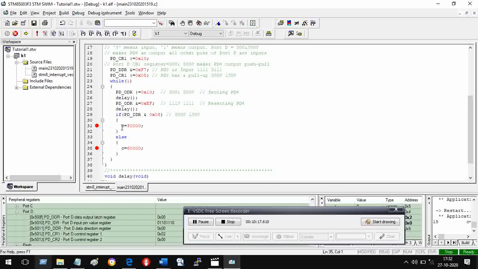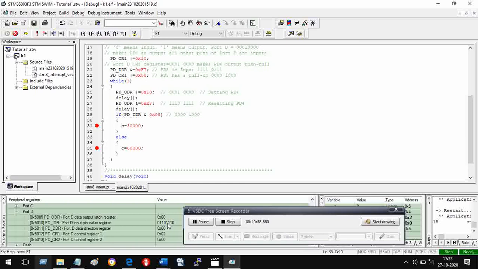When will it stop here? It will stop here if this condition is true, that is, if the result is non-zero. So if I don't press the key, then the result is going to be non-zero because that bit is connected to logic 1. And therefore we will have a rather fast flash because delay is small. We'll also have a look at the IDR port here. Okay, you come to the bottom. In peripheral registers, you have port D, input pin value register, which is this, and we are interested in this 0, 1, 2, and 3, this particular bit.